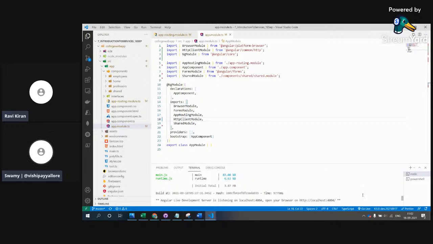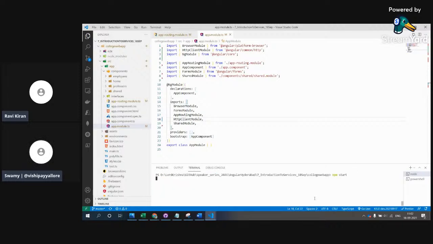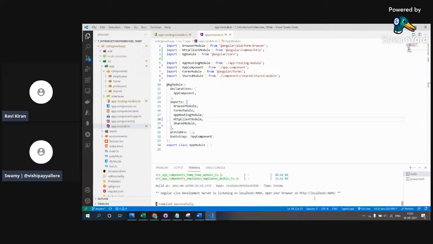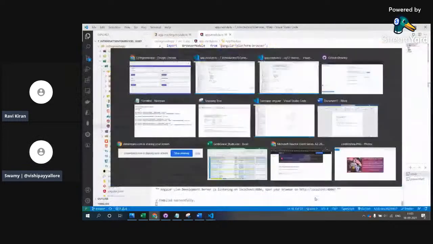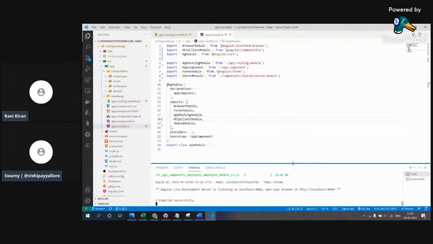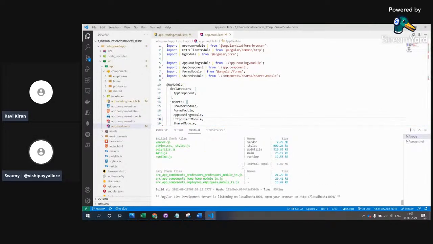Now it should technically create the lazy chunks, because we have changed the module, so it is better to recompile so that it goes and sees which modules are applicable and which are not, so that it can go ahead and create the respective module bundles. See that now, I can see that it has created the professors module, home module, and